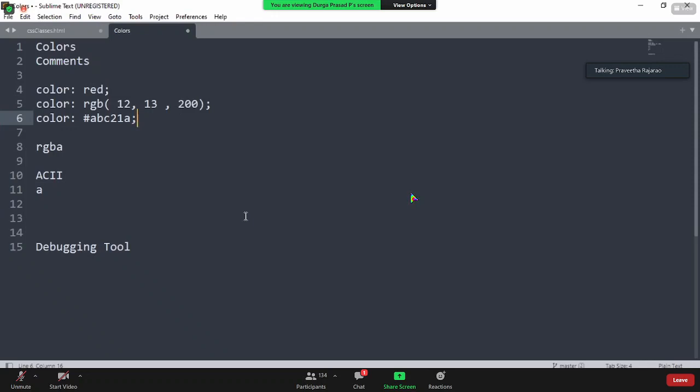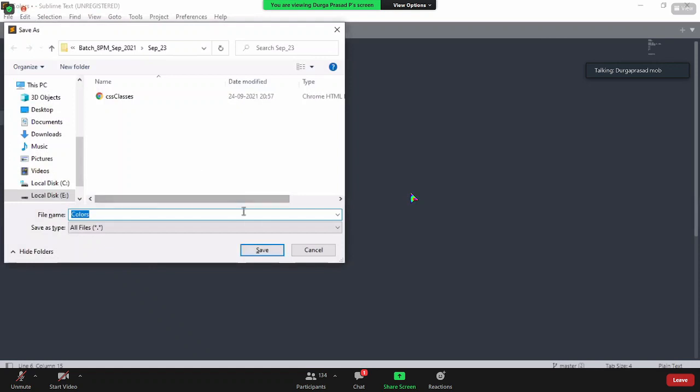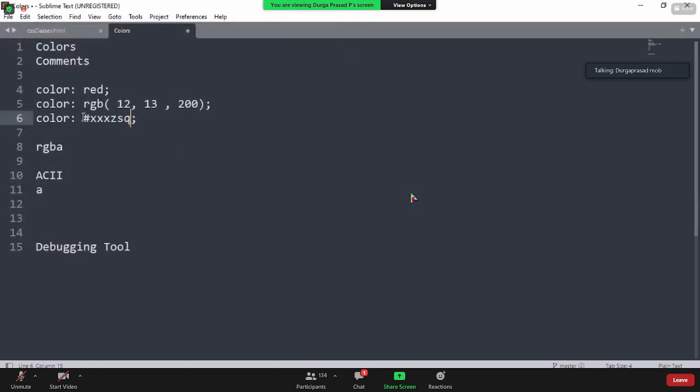Next. Sir, it should be between 0 to 255. Yes. When it is like taking an ASCII value, how do we know that it is taking a value between 0 to 255? Wow, that's a great question, Pravita. That's an intelligent question. Okay, now if you give something like Z, Z, Z or X, Z, then 1, 2, 3, 4, 5, 6. You see, oh, sorry, not here. These things don't work here actually.